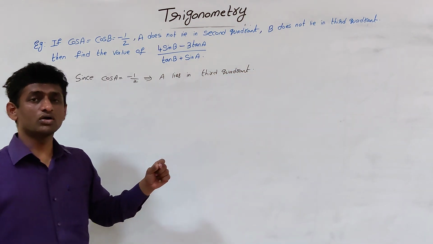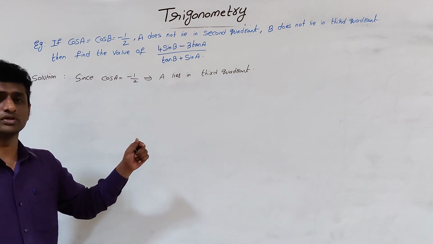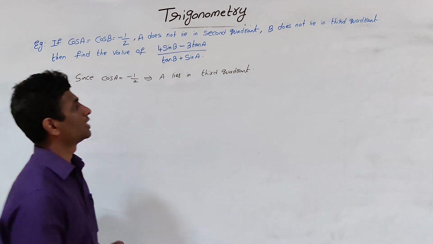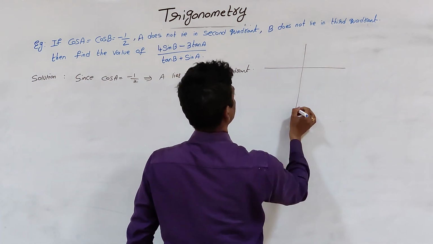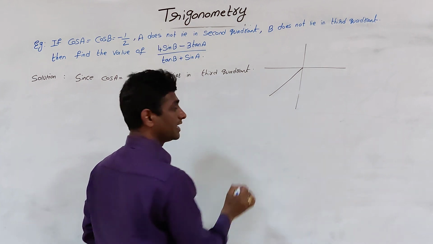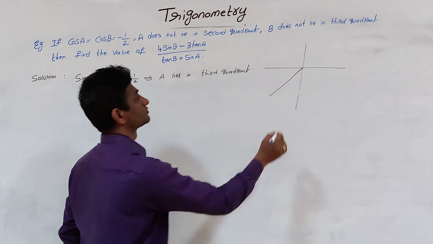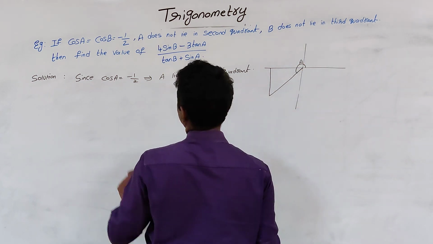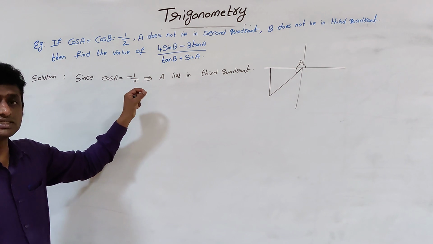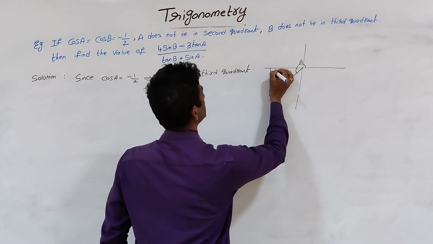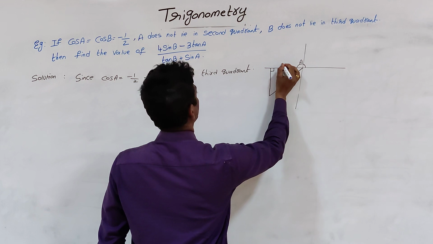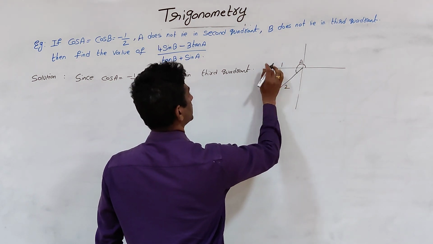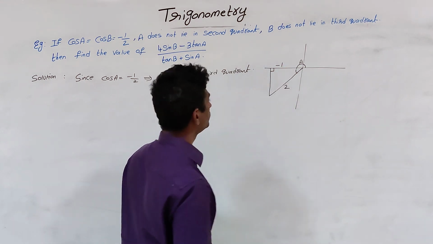So in the third quadrant, both x value and y value should be negative. Now from this we can draw the xy plane, so the terminal ray will lie in the third quadrant. If this is A and you draw a perpendicular line, then cos A will be adjacent side by hypotenuse. So the adjacent side is 1 and the hypotenuse is 2. As it is on the negative x-axis, you should have a negative value, -1.